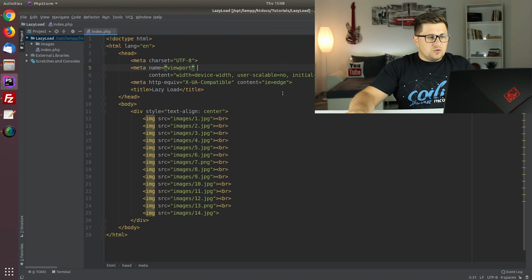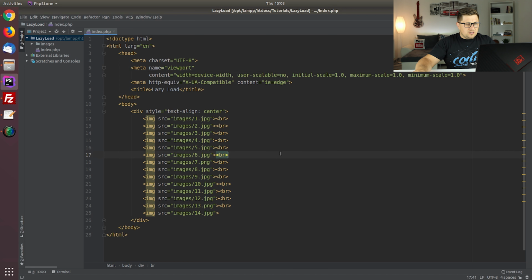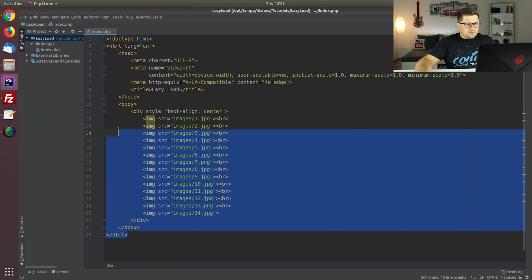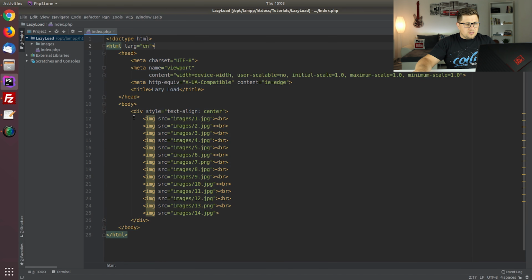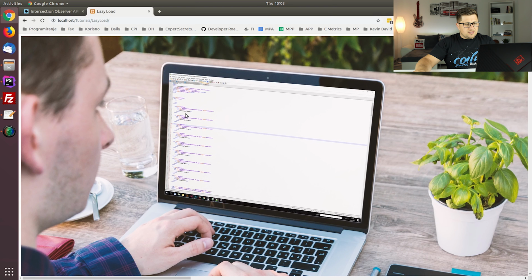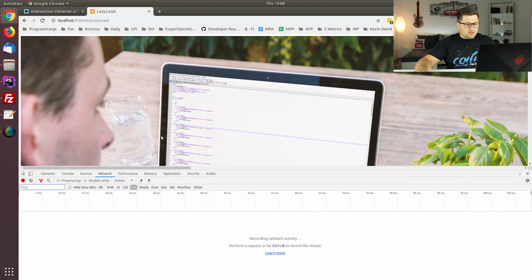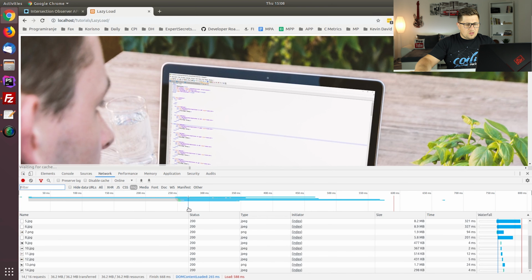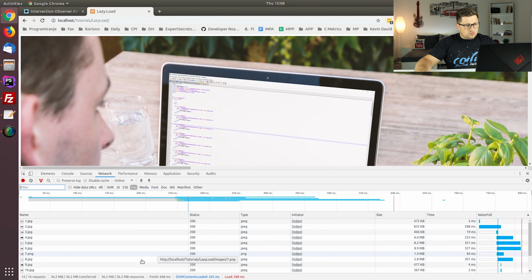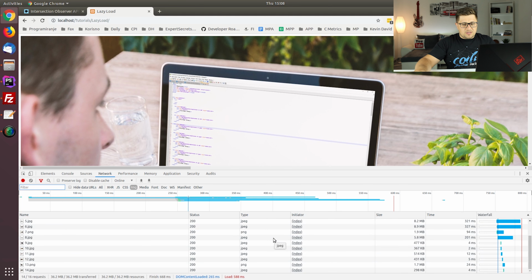Now, before we start talking about the Intersection Observer API, let's take a look at this basic document. As you can see, this is just an HTML document with 14 different images that we load, and that's it. The main problem here is that when the website loads, we load all the images immediately. So when I refresh, you can see that I have downloaded 36 megabytes of data because those